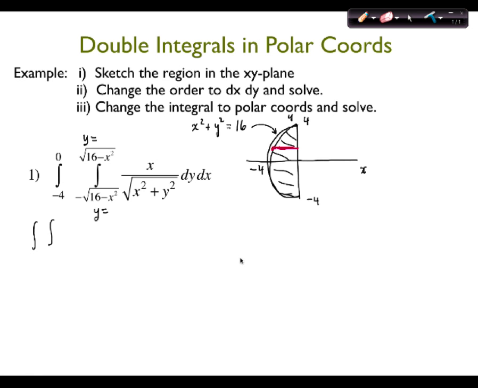So now we're going to go from left to right first. So left is going to be x equals negative 4, zero, right? So those are left to right. And then we're going to accumulate all those typical strips from the bottom to the top, which is from negative 4 to 4. And then this doesn't change, right? So now it's